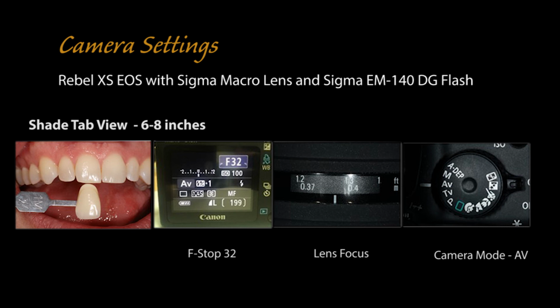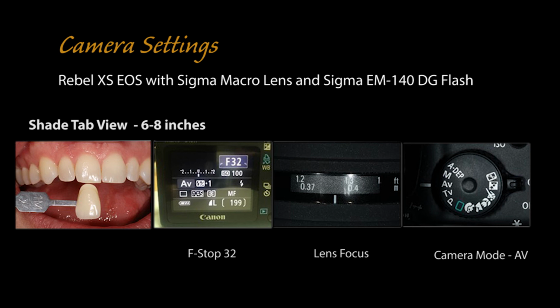So you can imagine if we're trying to do a number 6 as the crown we're making, you might be or should be referencing number 11 on the opposite side of the arch, so that 6 and 11 match. So kind of think about that when you're picking a shade. So I hope that helps you on the proper way of documenting the photo of the shade that you've picked